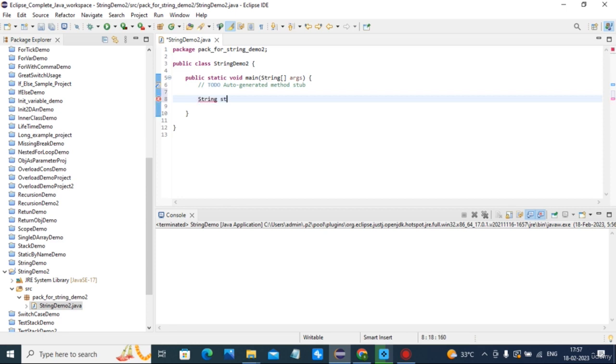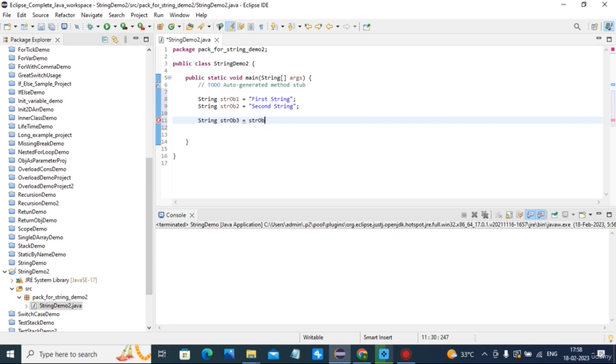String str object1 is equal to first string, then str object2 is equal to second string, and string str object3 is equal to str object1.